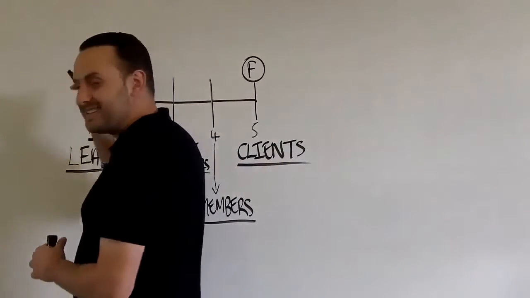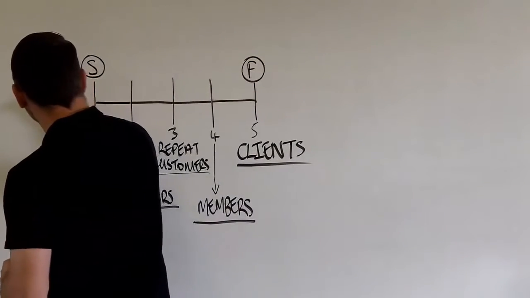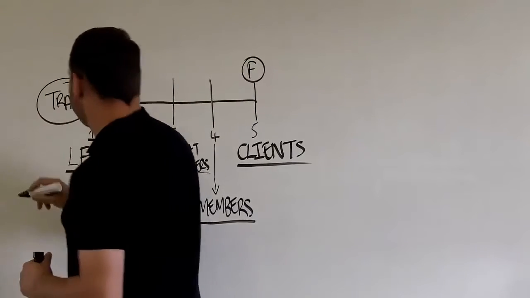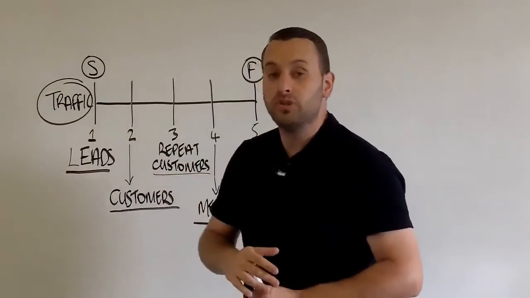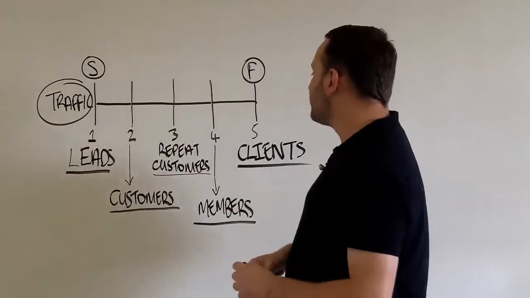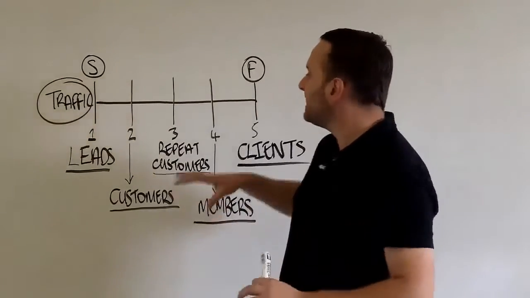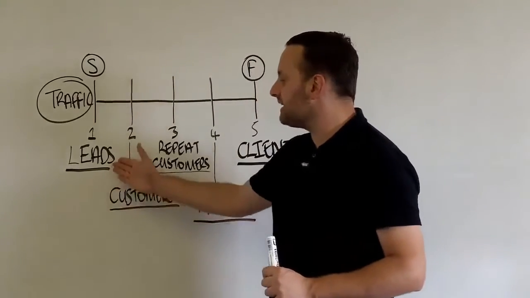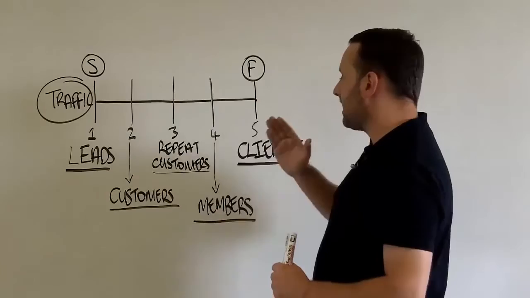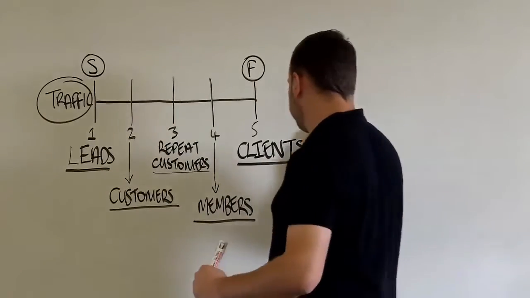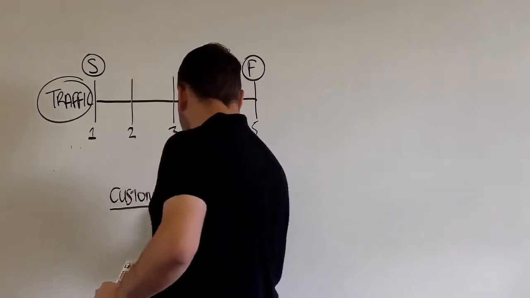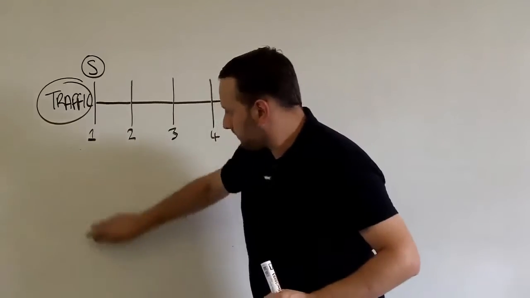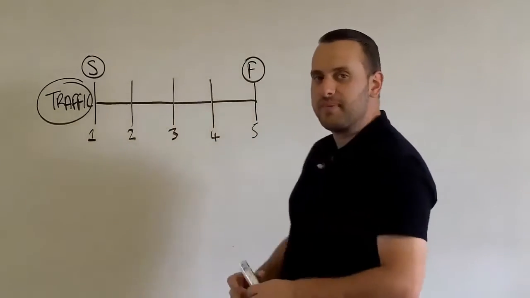So obviously here, because this is the entry to your business, this is where you're going to need to pour the traffic in. Okay? Now, traffic in itself is a whole other topic that we can get into going forwards. But today, what I just want to do now for you is tell you the 5 key parts of the business system. So I hope you've written this down. You need leads, customers, repeat customers, members, clients. If you've written that down, now what I'm going to do is just wipe this off the board, of our trusty whiteboard. And what I want to do now is actually tell you what these 5 pillars are.